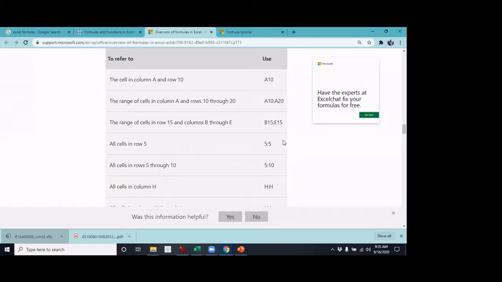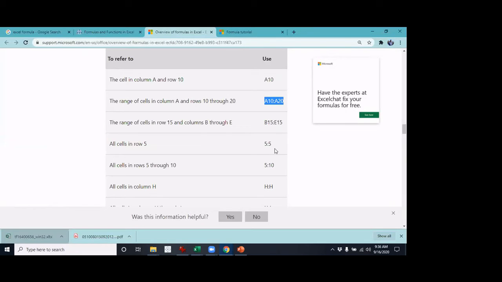So this is Excel, but basically you can use a colon in between, and that's what it is. So what is this? This is in the same row. You can also give a specific range, which is more like a rectangle. So B15 to E15 is covering across columns. It goes from B15 to E15. It covers that particular row. In this case, it was one single column, going from A10 to A20. It's clear, right?